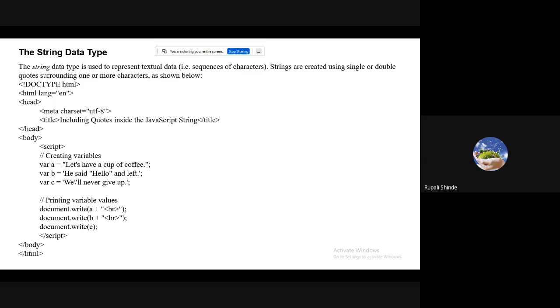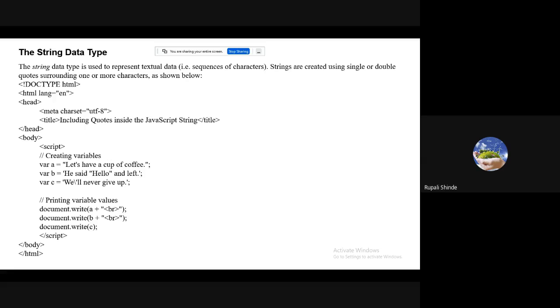The first statement we have written in double quotes, the second and third statements we have written in single quotes, but the second statement again has double quotes around hello world, but it is going to print because that complete part is going to be considered as a string. Then how to print that variable? We can write it using the document.write function.